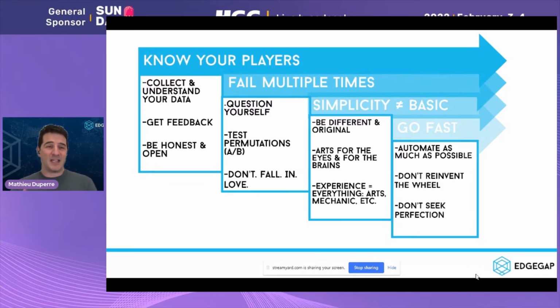And after that, you need to get feedback from the players themselves. Are they happy about the game? Do they like a certain aspect better than another? And when I say get feedback, I don't mean feedback from your friends and family, because they're always going to tell you that what you're building is great, right? You need to be honest and open about the feedback. Listen to the feedback and understand it, and don't hide behind